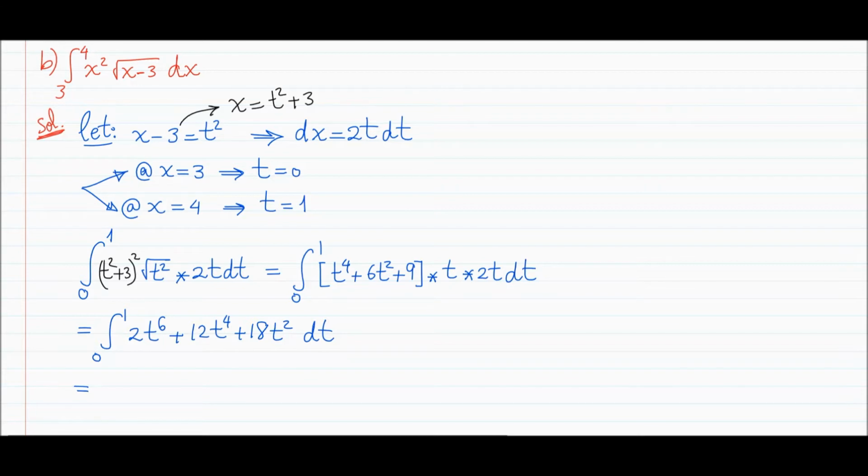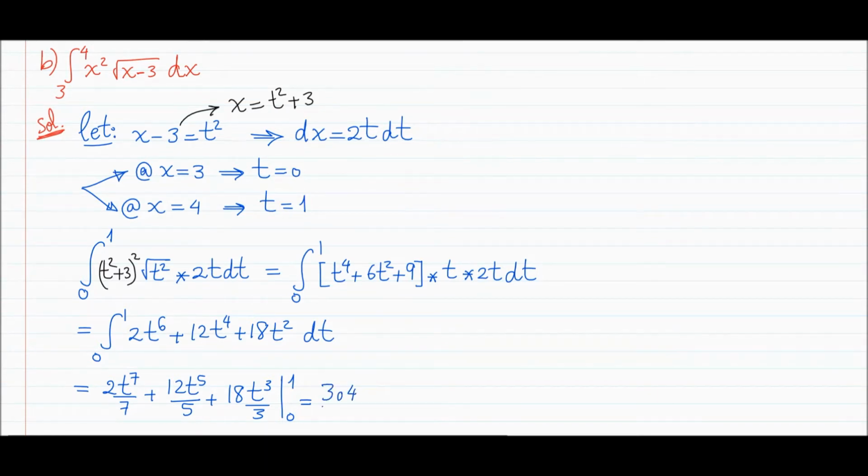And this is an easy integration. So the first term, which will be 2t^7 over 7, I will add power 1 and divide it by the new power, plus 12t^5 over the new power, which is 5, plus 18t^3 over the new power, which is 3, and you have to substitute from 0 to 1, and which will give you the answer of this problem, which is